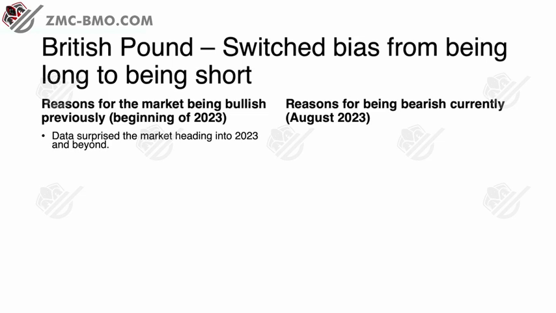And that was the reason they were massively bearish on the pound, which was fair. And then we saw a massive switch where the markets were so pessimistic on the pound that data continued to surprise to the upside. And that's why they churned from bearish at the end of 22 to bullish at the beginning of 23. Inflation was rapidly increasing, suggesting more hikes from the Bank of England.